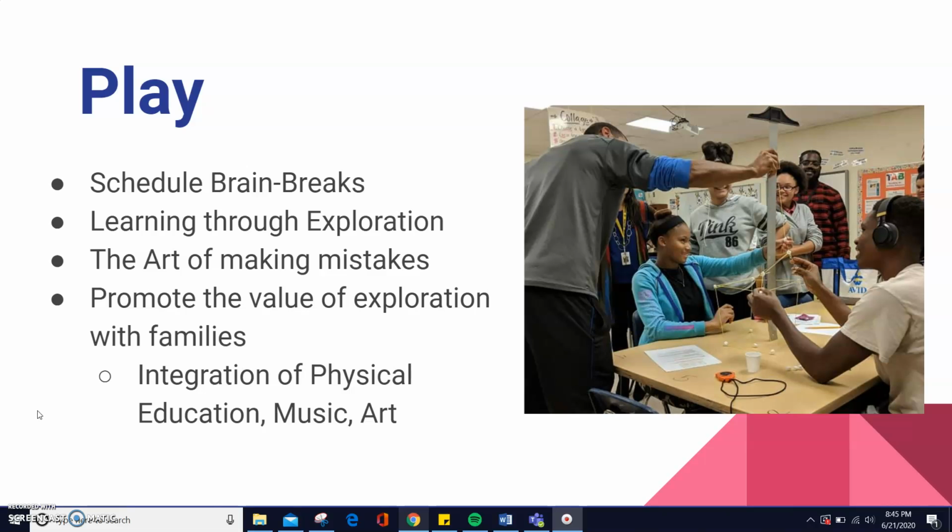In the picture here, I have a group of students who are working on a science project at a family game night where we incorporate science, math, and reading into games. And hopefully that promotes the idea that families can take activities back to their house and continue learning when students are not in the classroom setting. I'm a big proponent of integration, and that's not integration of academic skills into exploratory classes, but the reverse of that, integrating physical activity, music, and arts into the classroom.